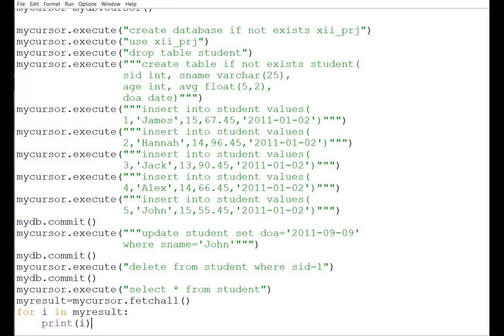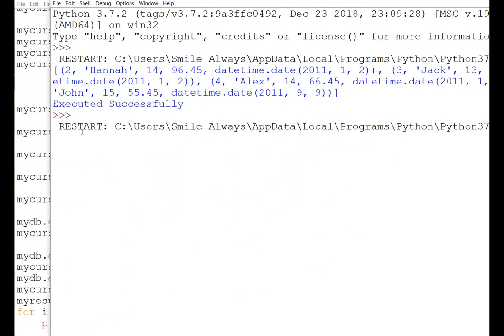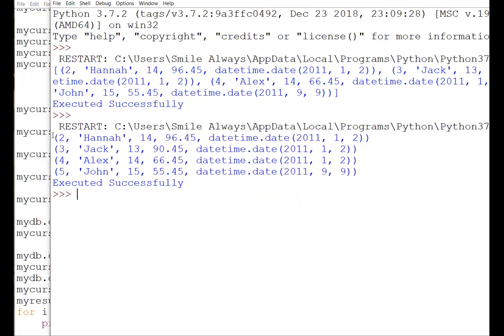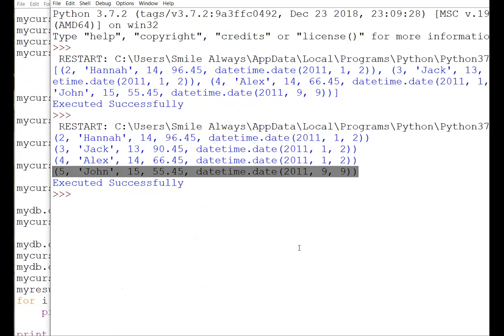It is going to print every tuple in the form of a new row, basically, because after printing one record, one tuple, it is going to change the line. So you can see now first tuple, then second tuple, third tuple, and fourth tuple. Still, if I am not satisfied with this answer, what I can do over here? See, one more thing. If you will see it over here, from this table, from this tuple, this is the 0 index. Then this is the first index, second index, third index.